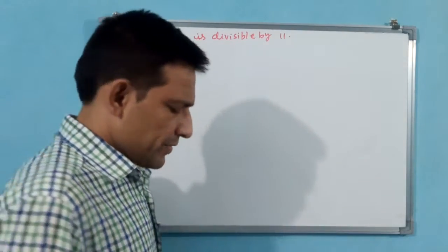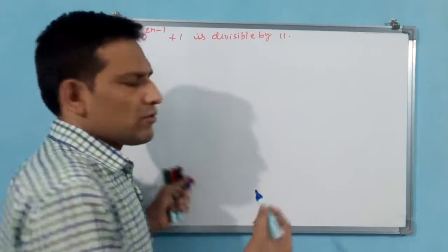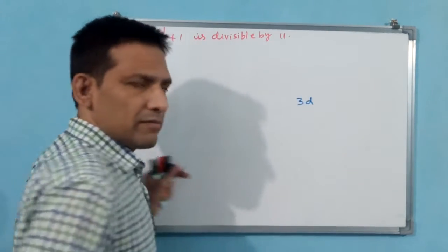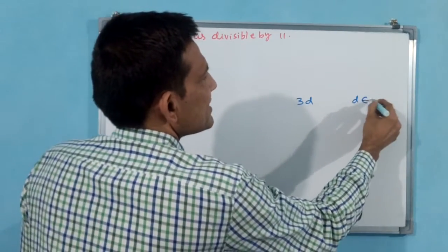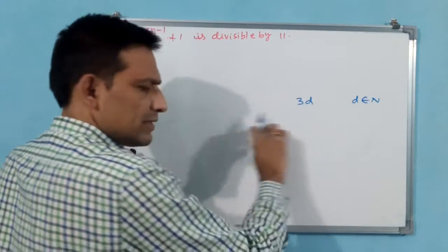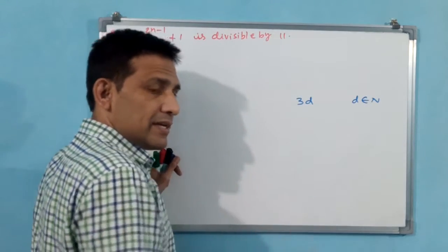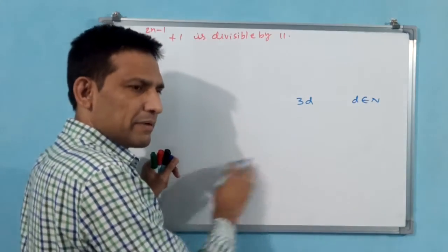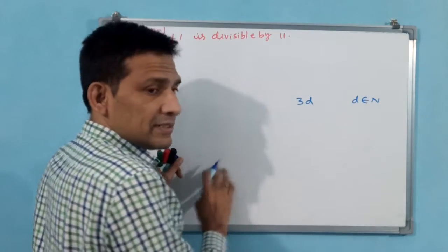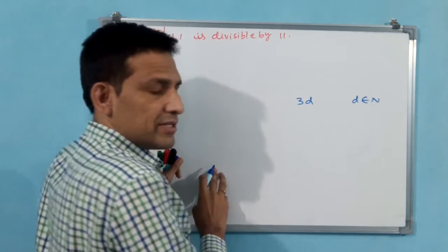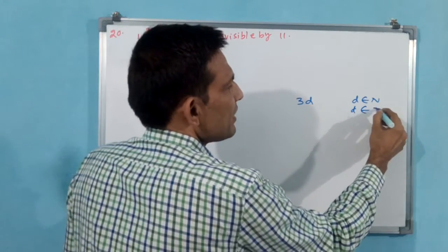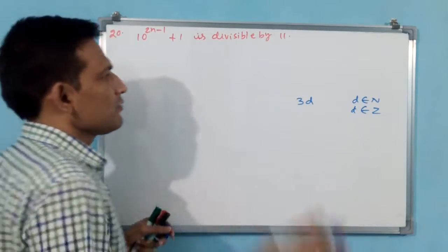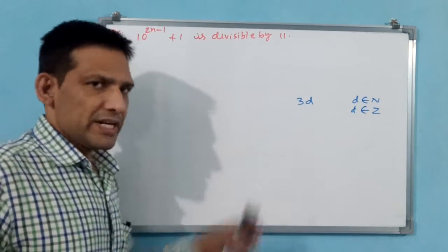Why? Because you see here, in the last class we have seen multiple of 3. Multiple of 3, what have we done? We have written 3D. Why? Because the D we have taken as n. Or if you see the statement, is there a possibility of becoming minus or 0? Plus is okay for n, but minus or 0, then n doesn't belong to 0 and negative integers. That is why you can take D belongs to Z also. But this is based on the statement, you have to decide. Okay. Now you see, this is like multiple 3D.